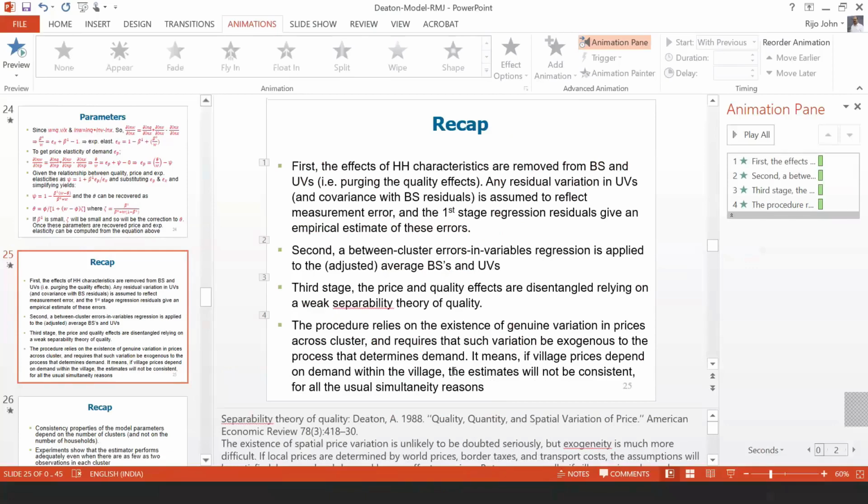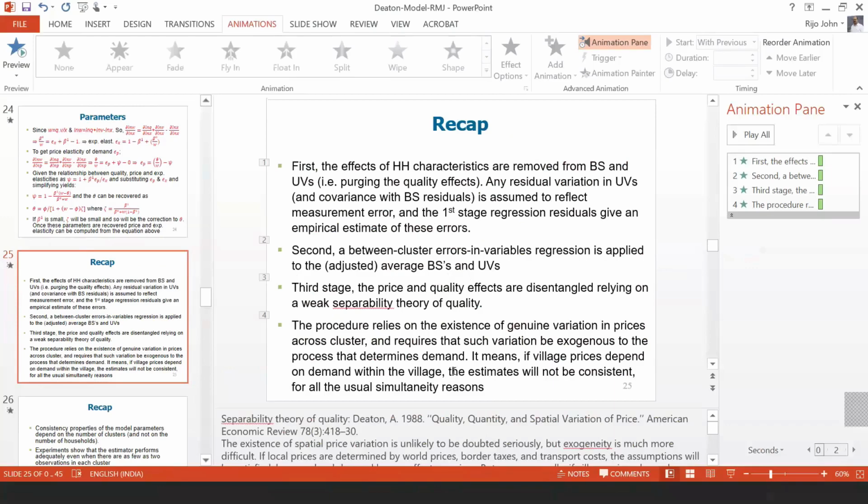value. Basically, that is called purging the quality effects. Any residual variation in unit values and covariance with the budget share residuals is assumed to reflect measurement error, and the first stage regression residuals give an empirical estimate of this error. In the second stage, a between cluster errors in variable regression is applied to the adjusted average budget shares and unit values. In the third stage, the prices and quality effects are disentangled, relying on a weak separability theory of